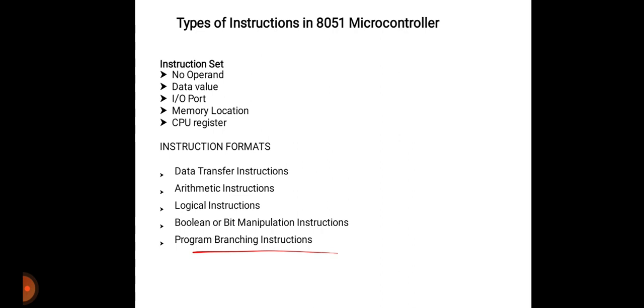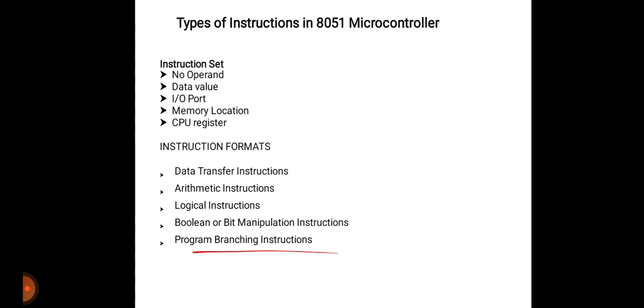So the instruction format consists of an opcode. Opcode is short for operation code, which is followed by the operands. Operands are of size 0 byte, 1 byte, and 2 byte. The opcode is the part of the instruction which contains the mnemonic, which specifies the type of operation that has to be performed. All the mnemonics or opcodes are part of an instruction area of 1 byte size.